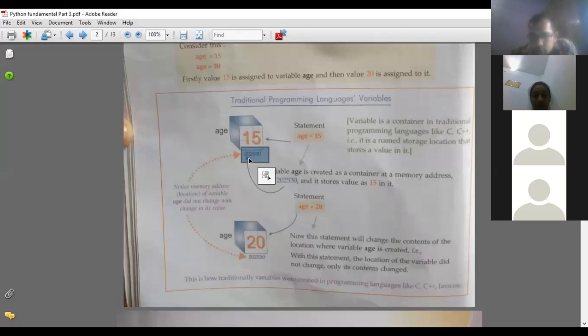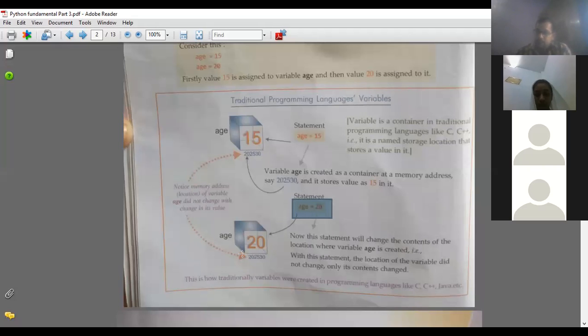2,02,530 is the address where 15 is stored. Suppose that in the same variable I want to store 20. In a traditional programming language, like C or C++, we want to store 20 in the same variable age. What happens?